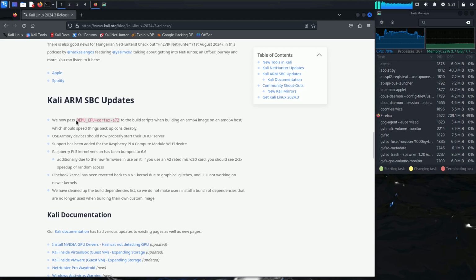Here is the QEMU CPU Cortex A72 support for speeding up building ARM64 images on an ARM64 host.